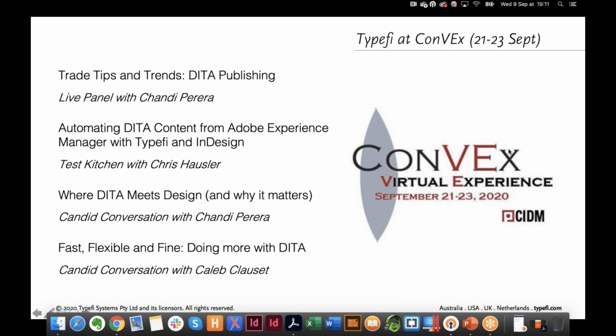Our test kitchen concept started a couple of years ago at our conferences. It's supposed to be a little bit more hands-on, a little bit showcase oriented, specifically for our exhibitors that provide tools. And then the candid conversation is all about watching the presentations ahead of time at your leisure, and then just having one-on-one conversations about the topic, about the presentation. And then the live panel is what you think.